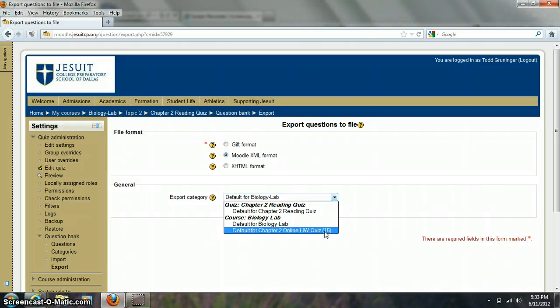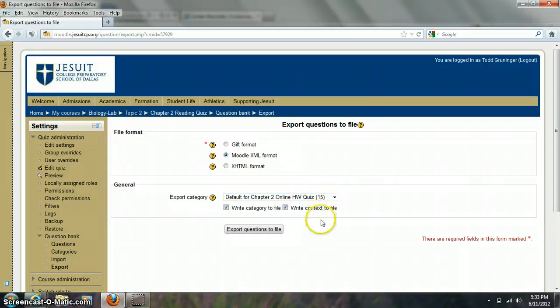We want to export a Chapter 2 quiz, so you have to find the Chapter 2 online quiz that has the questions. What that 15 in parentheses means is the 15 questions that we're exporting. So look for that number in parentheses, and you know you're picking the right option. You go ahead and export questions to file,